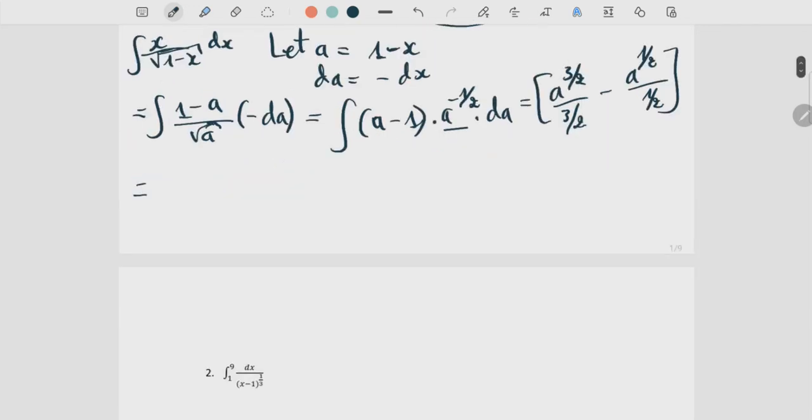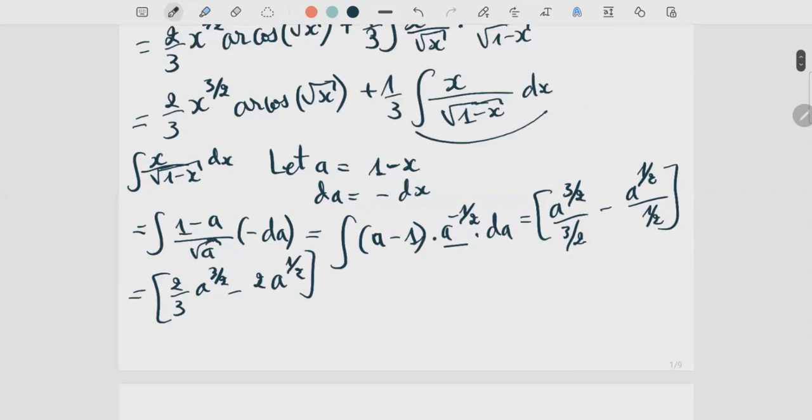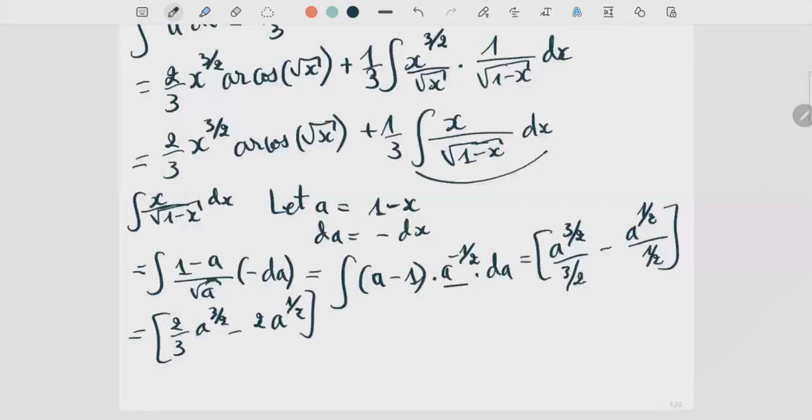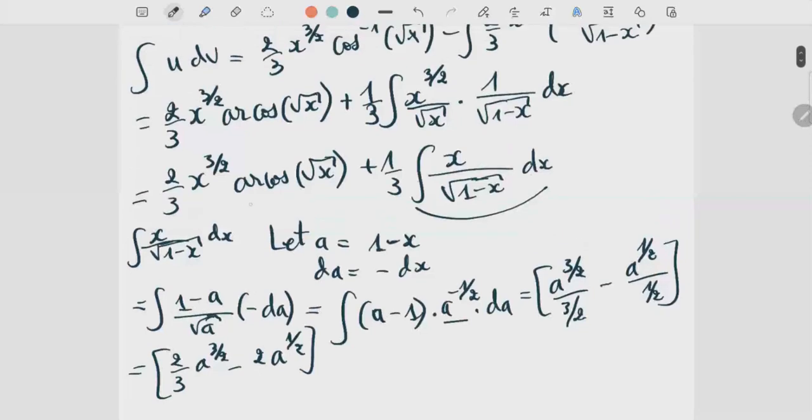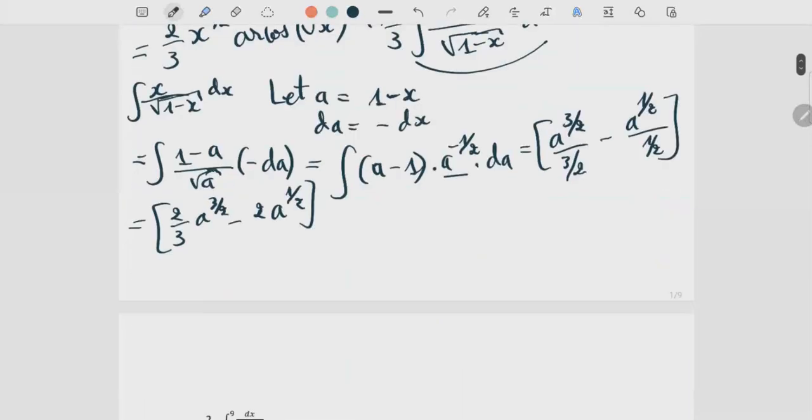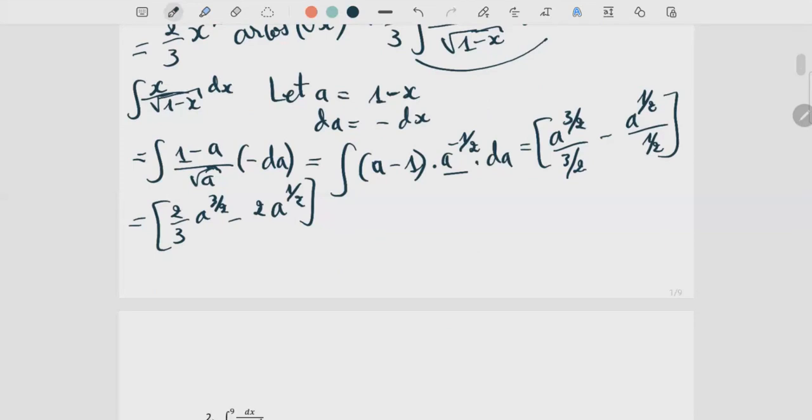And this will be equal to, therefore, 2 over 3, a to the 3 over 2 minus 2, a to the 1 over 2, which if you substitute the value of a and combine with the original expression, then you'll find that our integral,